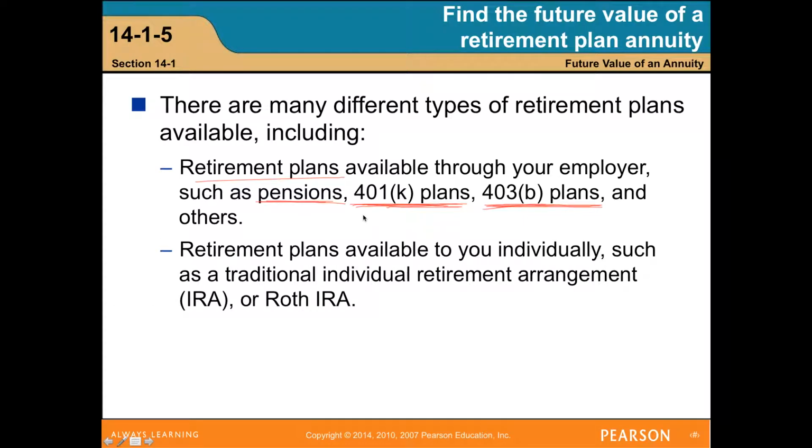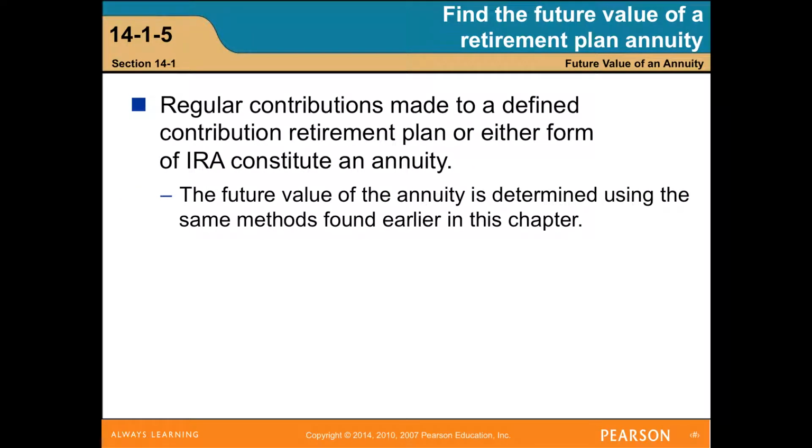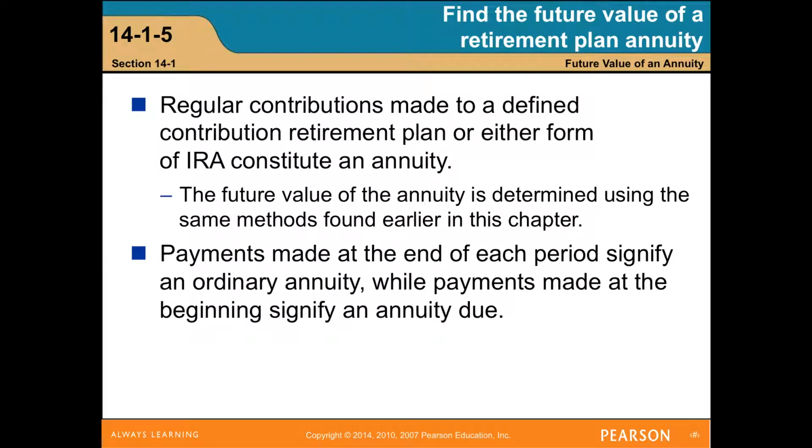Retirement plans are available to you individually, such as a traditional individual retirement arrangement, IRA, or a Roth IRA, or individual retirement account, IRA. Regular contributions made to a defined contribution retirement plan, or either form of IRA, constitute an annuity. The future value of the annuity is determined using the same methods found earlier in this chapter. Payments made at the end of each period signify an ordinary annuity, while payments made at the beginning signify an